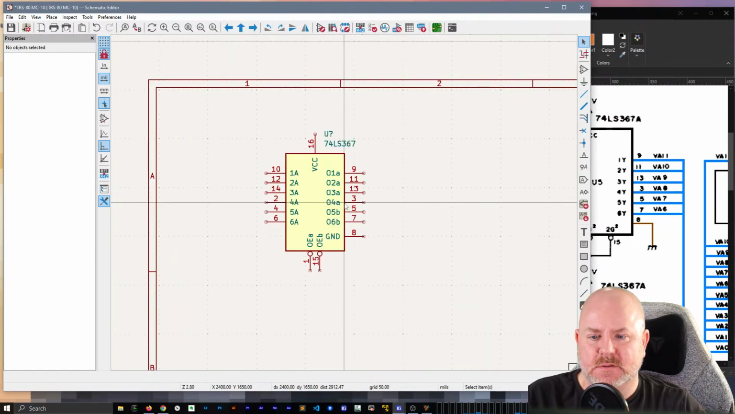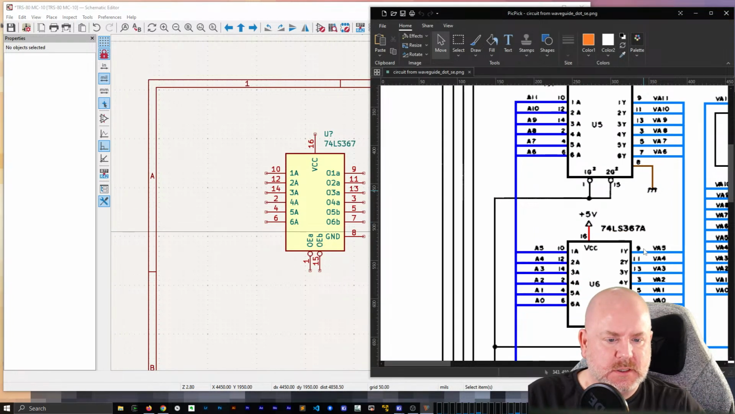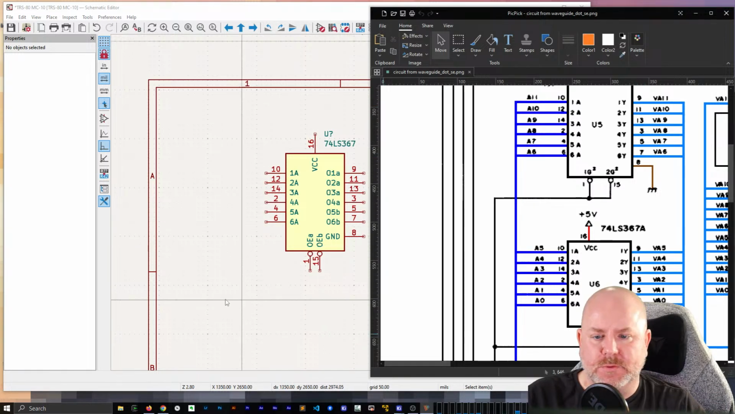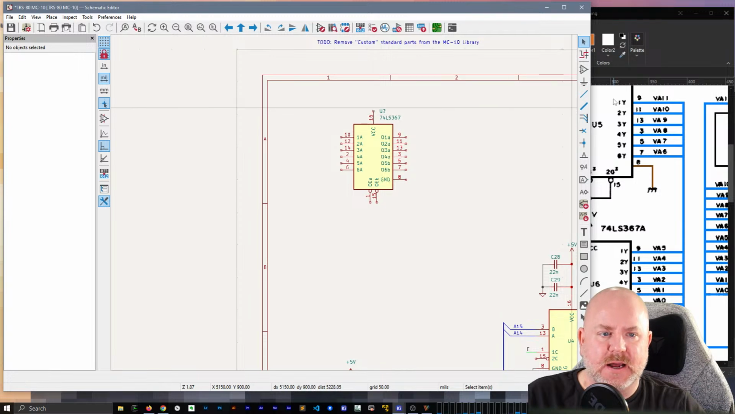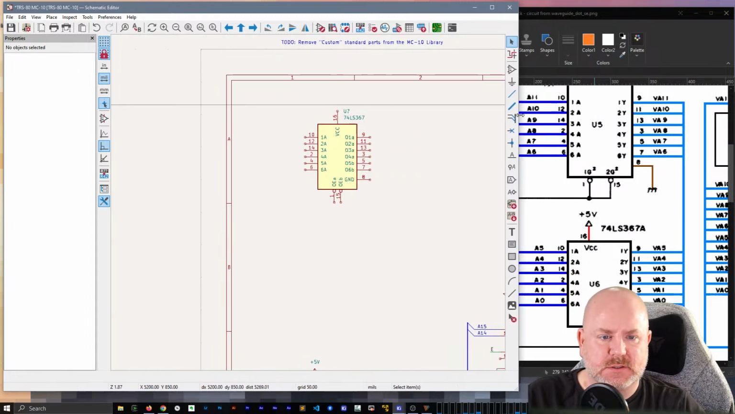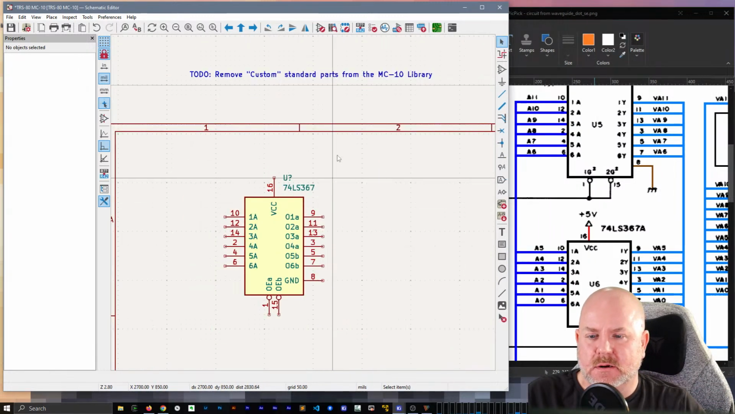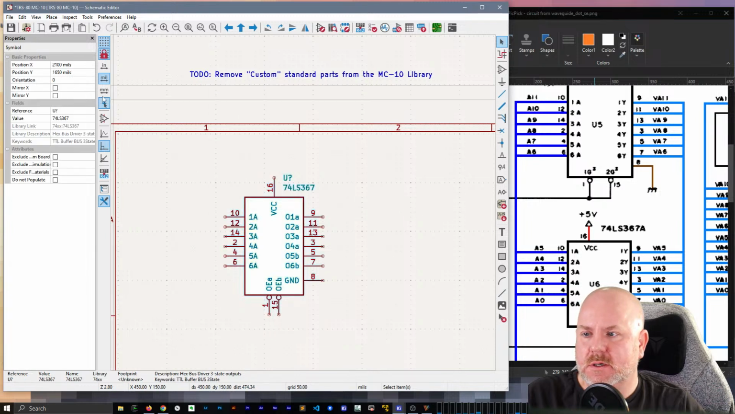So now we've got our semi-custom symbol, which is the same on both of these. Cool. All right, so this will be U5. Let's scrunch this over just a little bit. All right, so we'll go